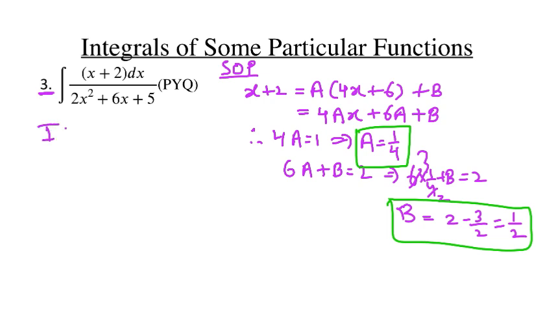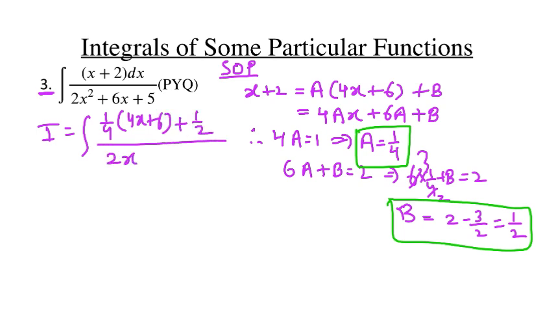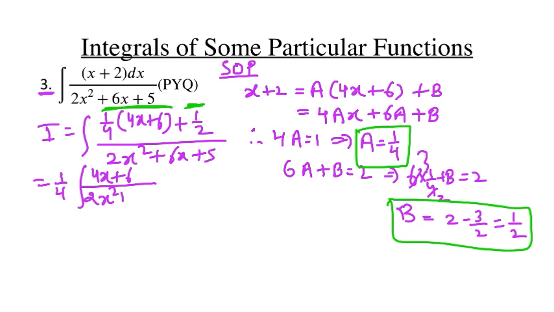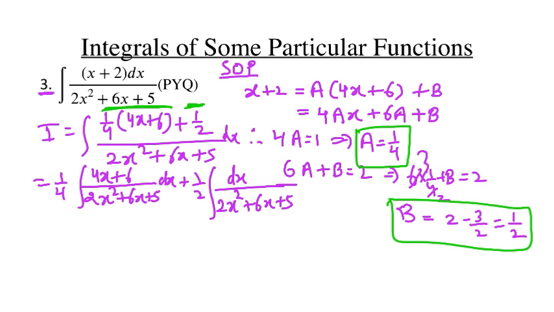Now the integral will become, instead of x plus 2, we will write a, which is 1 upon 4 into 4x plus 6, plus 1 upon 2, upon, write down the same denominator and then we are going to split. उसके लिए हम इसे एक टर्म में ग्रुप कर लेंगे, इसे हम एक और टर्म ग्रुप कर लेंगे और स्प्लिट करने पे ये 1 upon 4 है कांस्टेंट, यहाँ पे मिलेगा 4x plus 6 अपॉन ये हो जाएगा 2x स्क्वायर प्लस 6x plus 5 dx प्लस 1 upon 2, फिर यहाँ पे इंटीग्रल। आप यहाँ पे भी dx लिखना मत भूलो, जैसे ये प्लस c का होता है वैसे ये dx को भी लिखना यहाँ पे बहुत ज़रूरी होता है। तो dx शोज़ कौन से वेरिएबल के विद रिस्पेक्ट टू हम इंटीग्रेट कर रहे हैं।